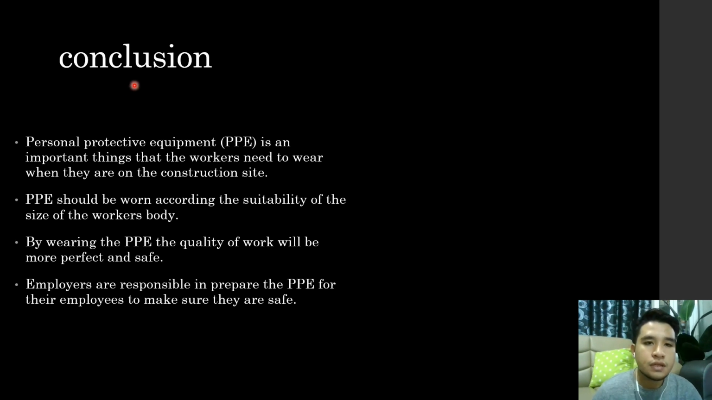So the last one is the conclusion. This is the conclusion that I made for this assignment, which is that personal protective equipment (PPE) is an important thing that workers need to wear when they are on the construction site. Then PPE should be worn according to the suitability of the size of the worker's body. By wearing the PPE, the quality of work will also be better and safer. And the last one is that employers are responsible for preparing the PPE for their employees to make sure they are